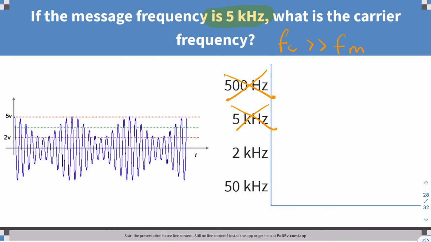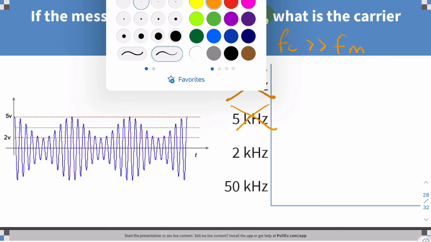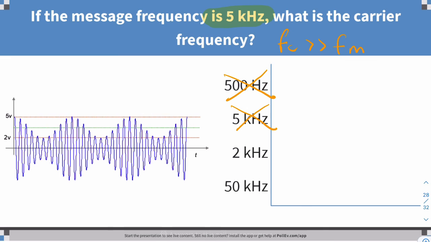And if you look at the time axis here, there's no annotation. We don't know what the frequency is because there's no scale. So how can we find the carrier frequency? What do we do to find the carrier frequency? Well, the trick is to use what we do know. We do know that the message frequency is 5 kilohertz. That means that